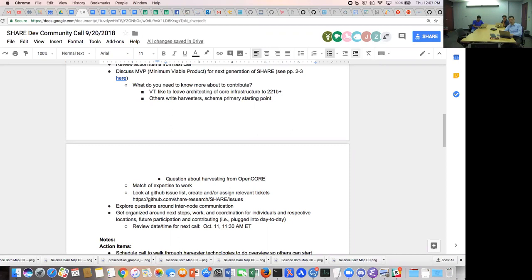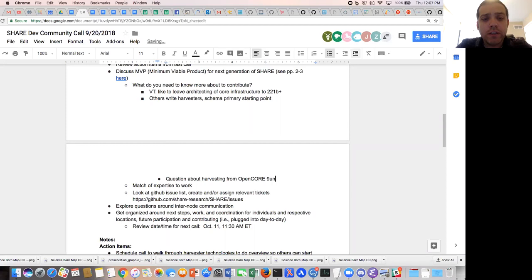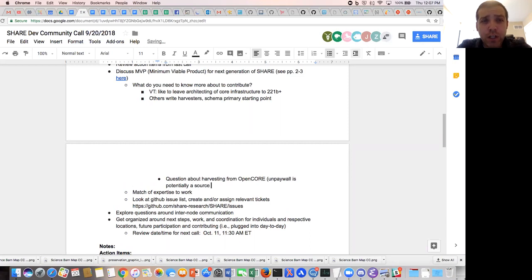Okay, I see it. It's in our use case. Someone, the UW guys, put in an item called integrate Unpaywall. That Unpaywall thing is already harvesting a huge amount of stuff from OpenCore. So I wonder if we can use that as the source. Yeah, and Unpaywall, I spoke to them about this issue in the past, and I'm not sure where they landed on it. I don't think they ever got confirmation that they could use it for non-commercial purposes.